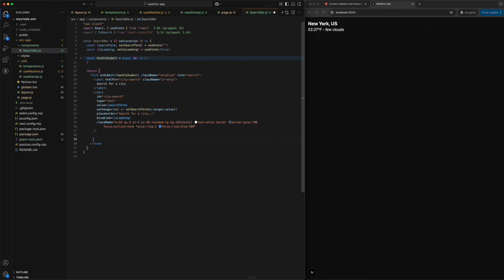Last thing we want to do is put the button. So let's create the button. Type will be submit. And let's give it some class. So absolute, right-3, top-1/2, transform, translate-y-1/2,